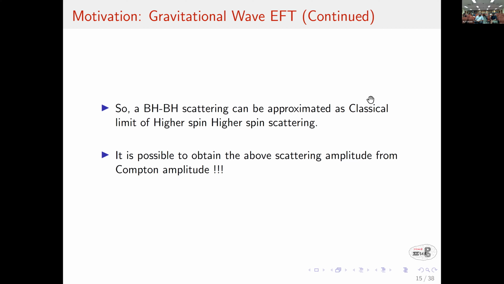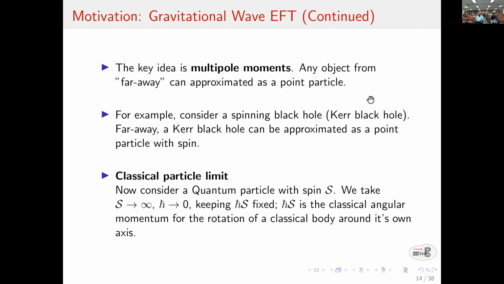What do you mean when you say higher and higher orders in what? So in this business, what people are trying to do is find a classical Hamiltonian of the two black holes. Far away, they want to understand black hole scattering as some Hamiltonian evolution. The first term is the free particle, then some GM by R, then some spin-spin interaction, then some multipole interaction. They want to find those terms of the potential using this scattering and some sort of Born approximation, in the size of the black hole divided by this distance. That's the expansion parameter. When they're really nearby, the thinking of them is just particles.